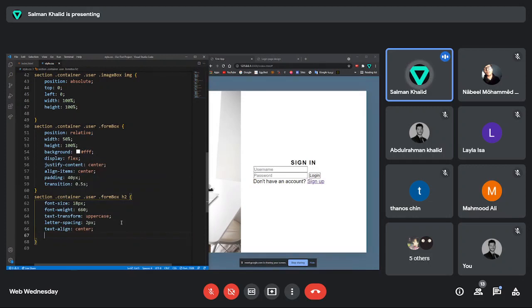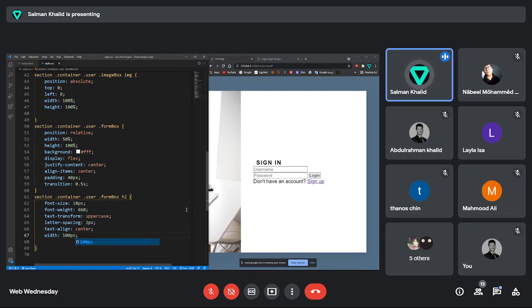I want it to take the full width of the form box. So how to take the full width of your parent? You use the percentage, whether it's 50%, half the width, or 100%. So it's specifically in the center of the form. Okay, so now what we will do, because if I put the width to be